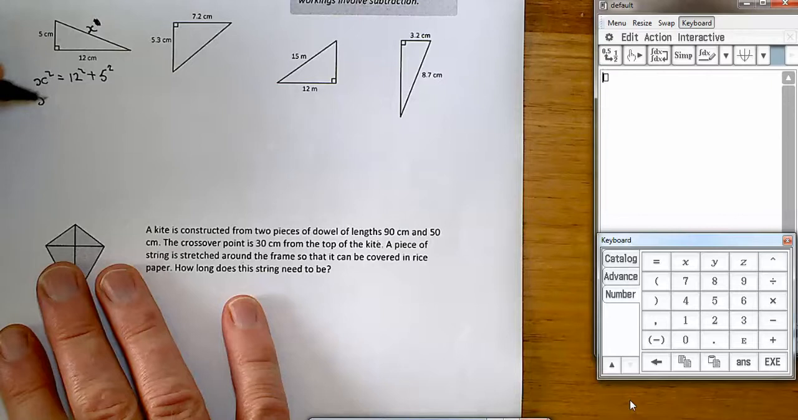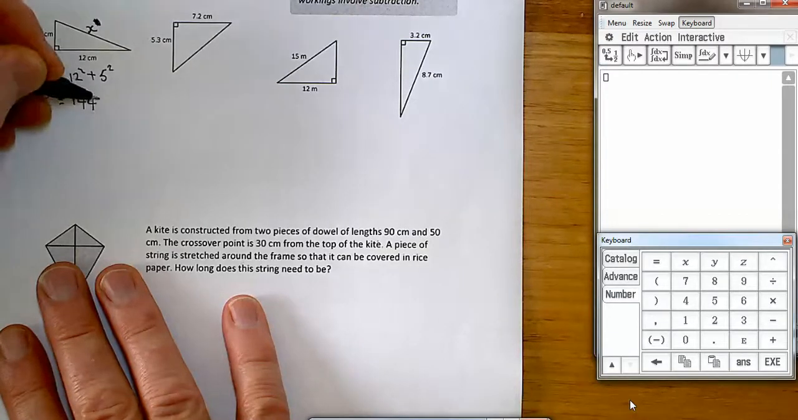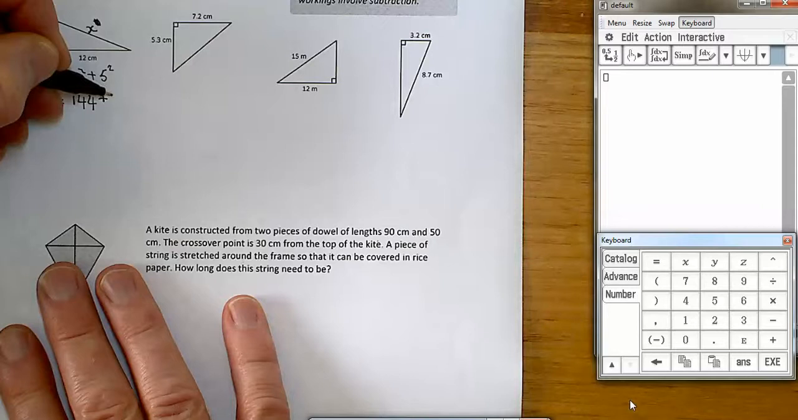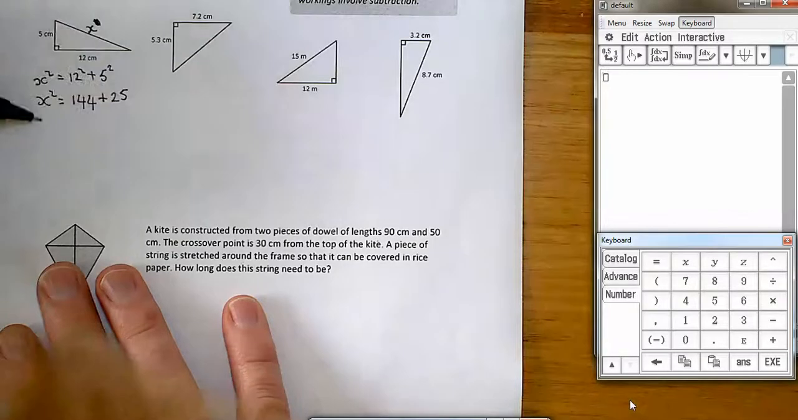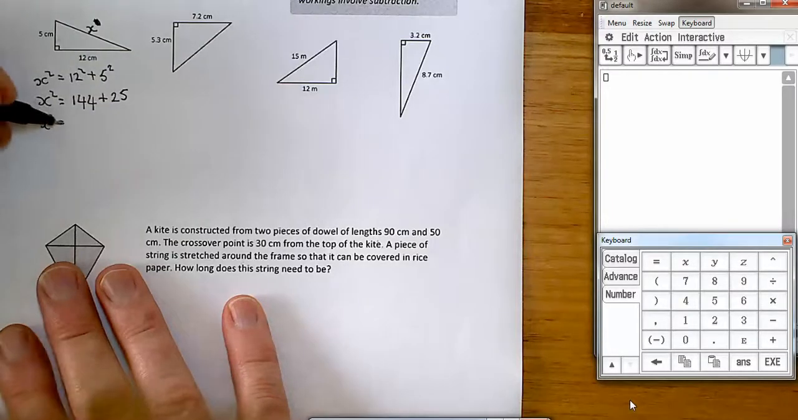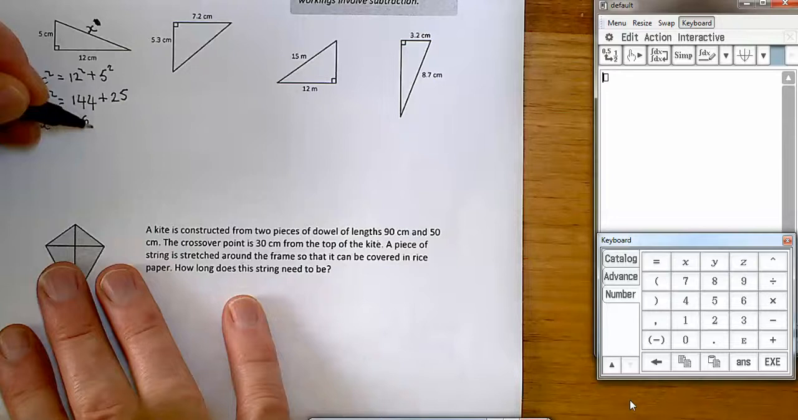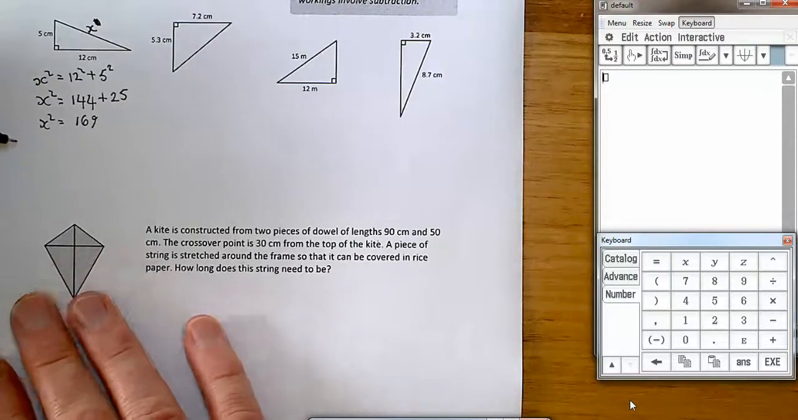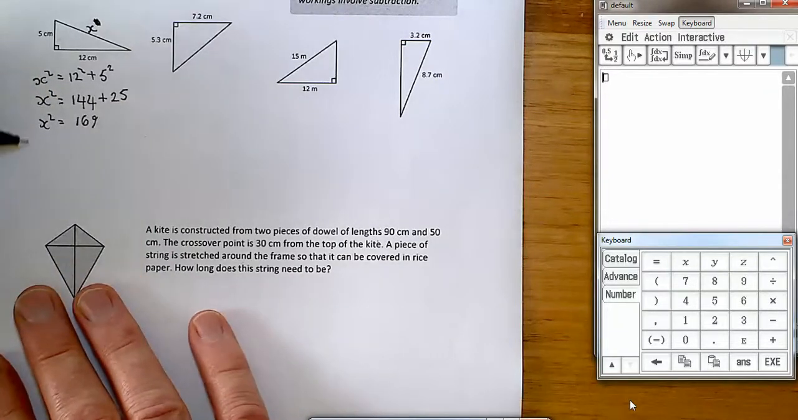So that means that x squared equals 144 plus 25, or x squared equals, adding those together, 169. Now if I want to try and find x here by itself, I've got x squared. What I'll have to do with this little equation is take the square root of x squared to get x